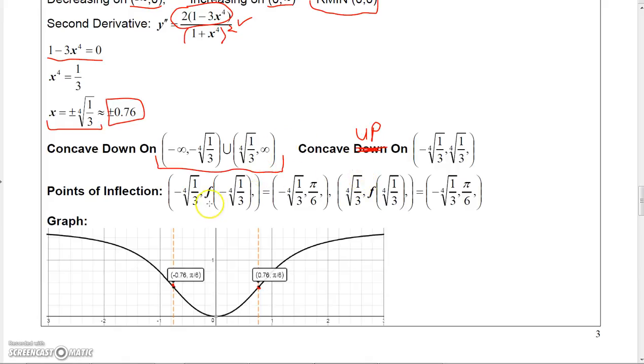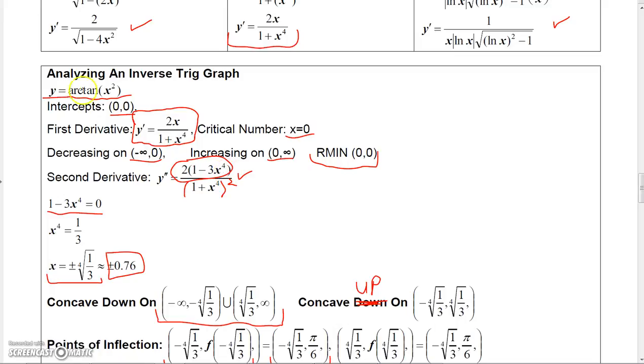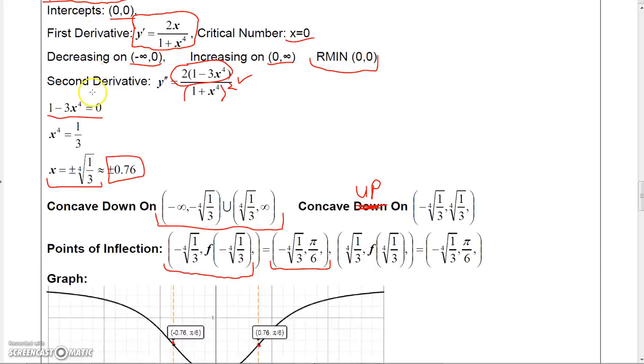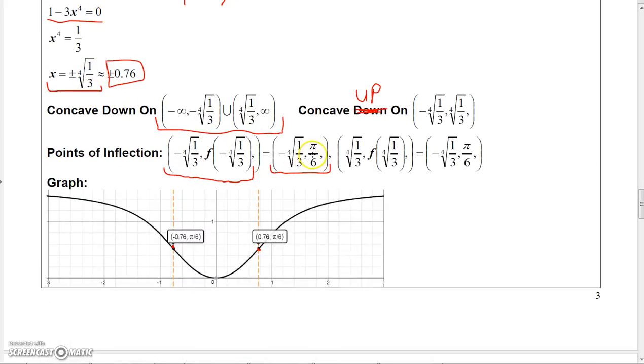And so what that tells me is that at minus the fourth root of 1/3, if you plug it into the original function, you're going to find out that the y value is pi over 6. So this point here is minus the fourth root of 1/3, pi over 6, and so that's the point of